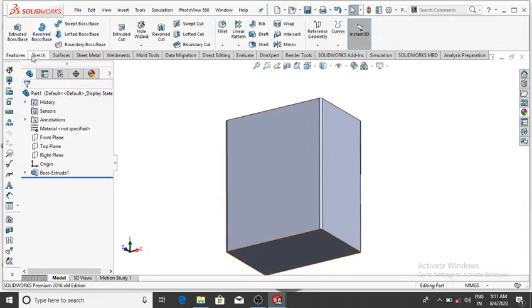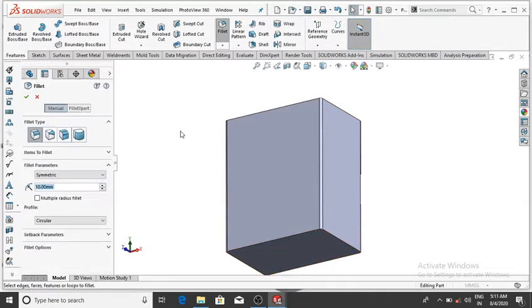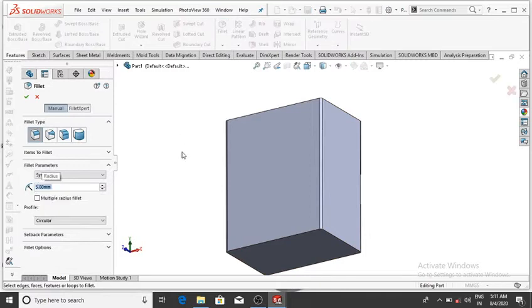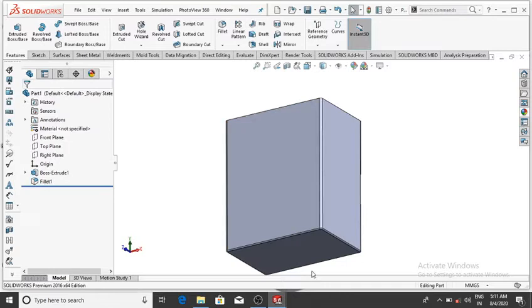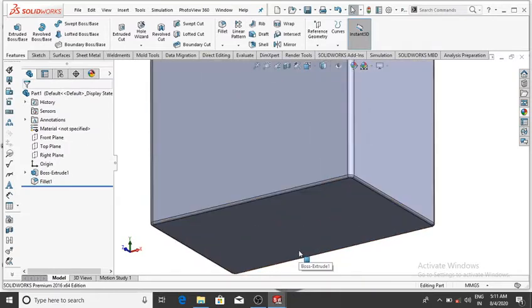So simply go to the feature and select fillet, select 5 mm and select this corner, it will be selected, then okay.